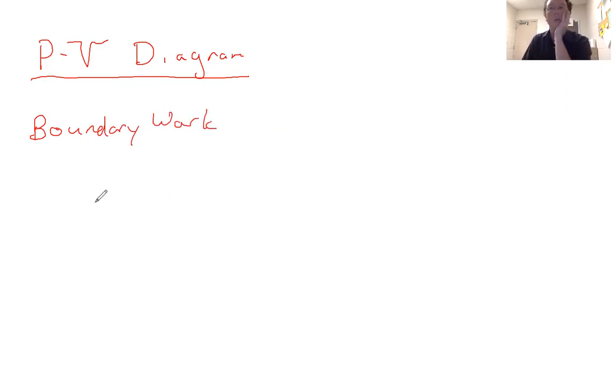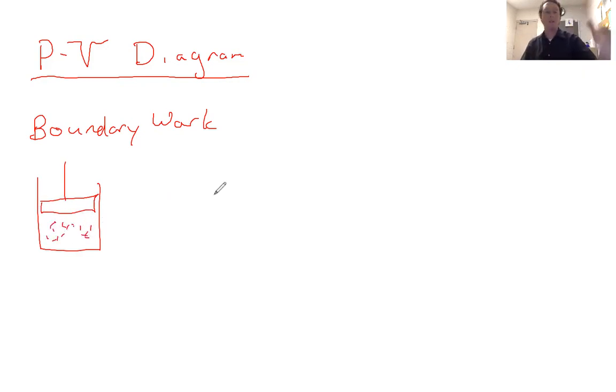And maybe the idea would be you had a piston assembly, there's a piston head, and the system is the stuff inside. Sorry, the system is inside the piston, and in response to adding heat or maybe external forces or whatever, the volume inside the piston will change. So we derived in class the following expression, that the work,